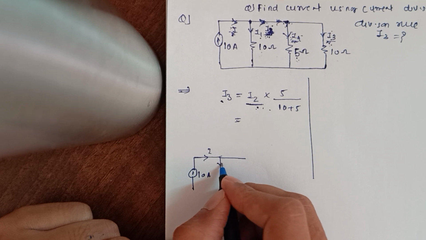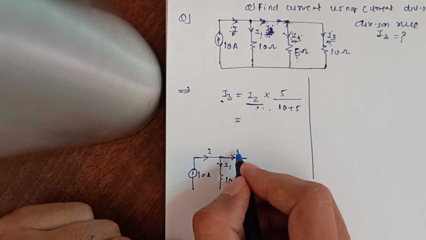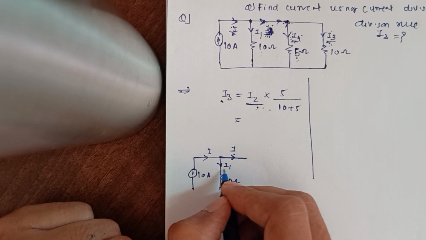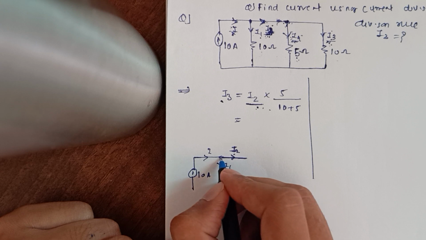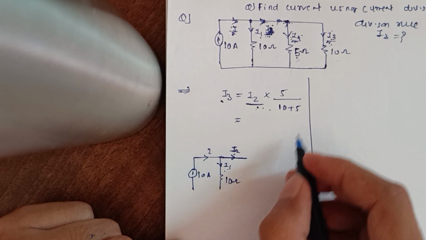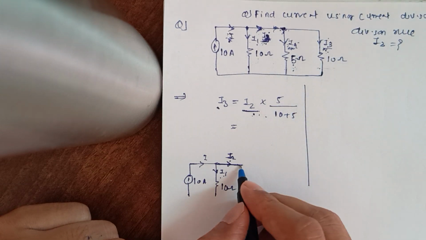this I. Don't change your current directions. This I is coming into this node and dividing into I1 and I2. So the current in this branch is I2. Okay, so what will I do now? I will do this equivalent resistance,